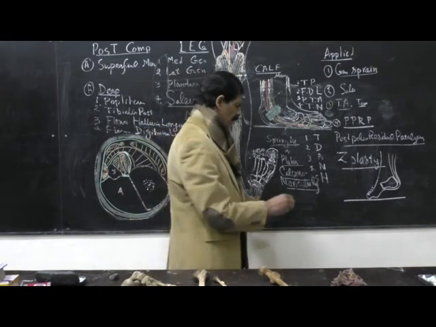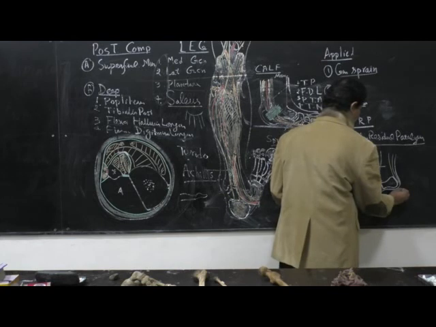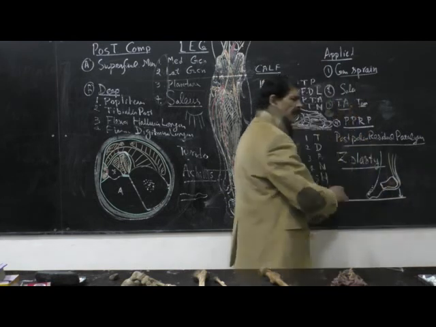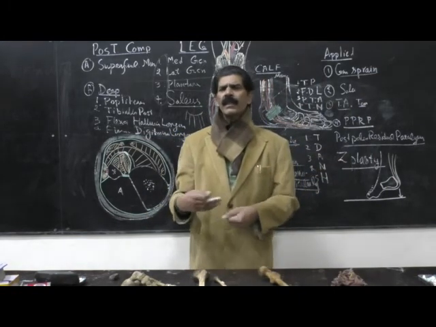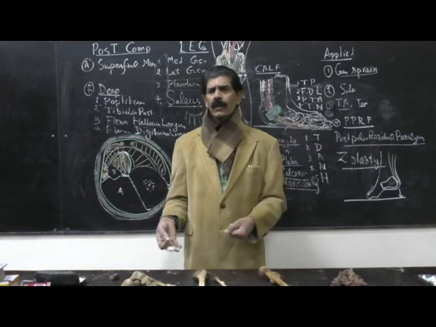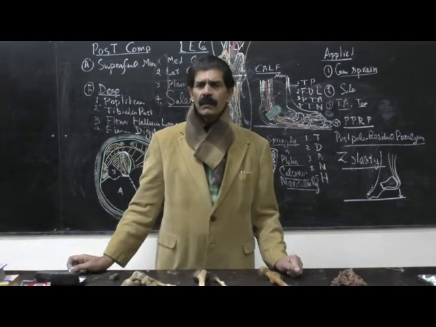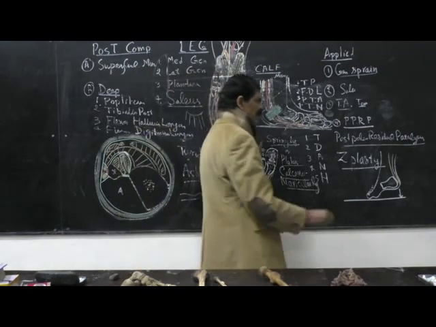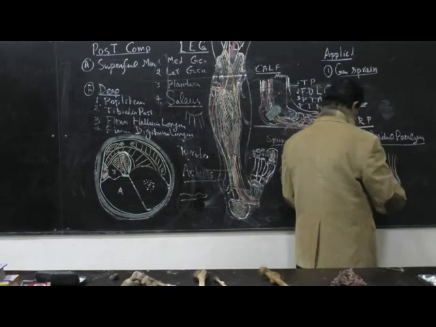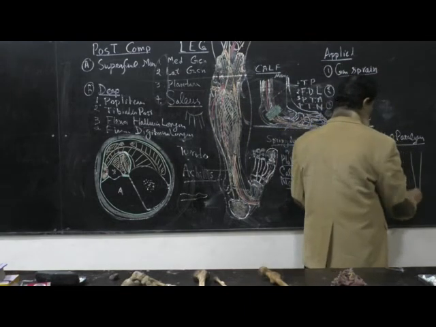So here our motive of the operation of the Z-plasty is that we should make the heel at least touch the ground, so that the foot of the patient touches the ground, and subsequently we give the clippers or support to the foot and the leg, so that the patient can walk like the normal leg of the opposite side.